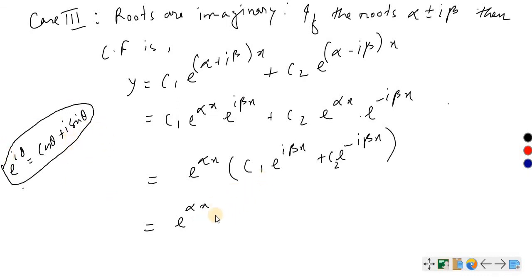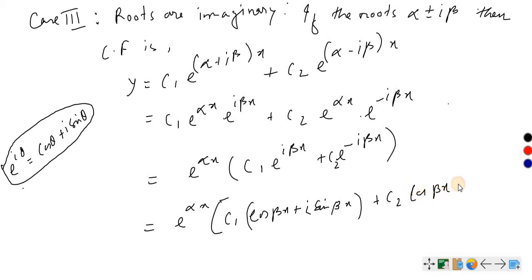Now, if I apply De Moivre's theorem here, I can write this as, let me take a square bracket, c1 (cos beta x plus i sin beta x) plus c2 (cos beta x, so minus will come here, minus i sin beta x),